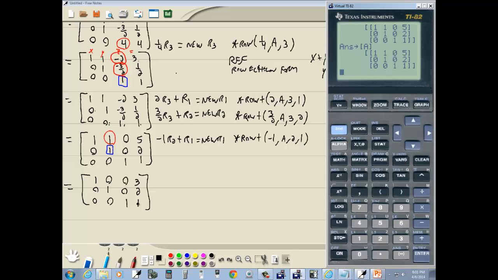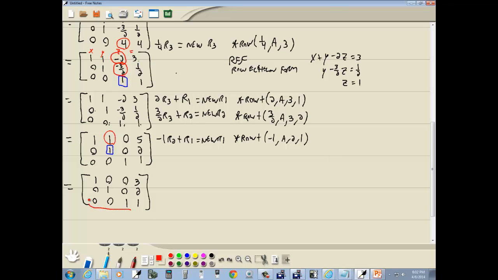And let's do it on the calculator. Press matrix, right arrow over, down arrow. Choose the very last one. Choose negative 1, comma, matrix A. So I do matrix, enter on A, comma, 2, comma, 1. And press enter. And that looks good. So I'll do a store and do matrix, enter on A, enter again. Now our goal